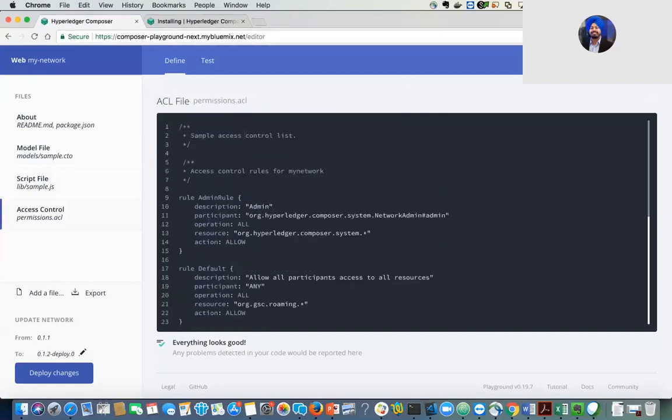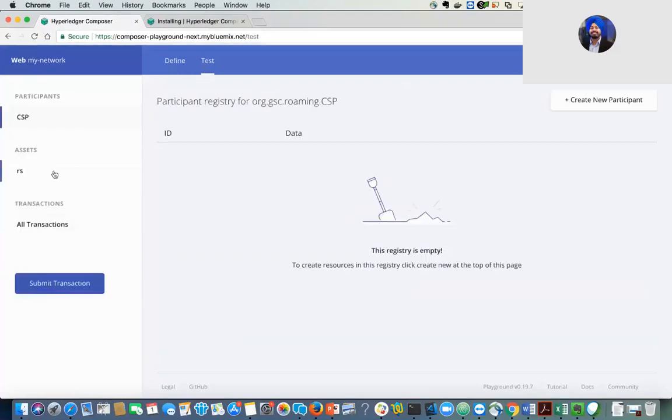Now, to set up the participants and assets to be used in a demo, we're going to use two transactions. One for setting up the participant, which are CSPs in our use case, and one to set up the subscribers, which are the assets in our use case. So for this, I'm going to click on submit transaction,